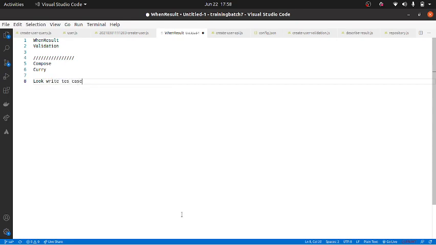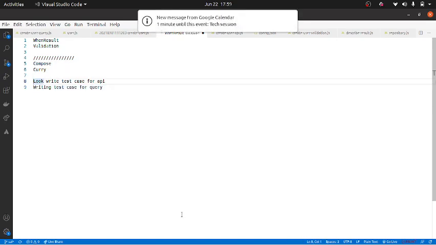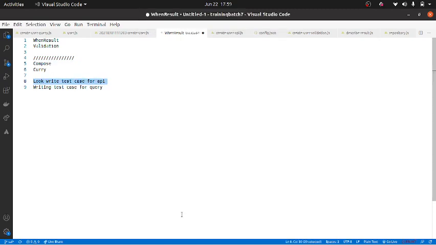After test cases for API, the final thing will be test cases for query. So this will end the thing. Compose and curry we will finish tomorrow, and tomorrow we will also try to write the API test cases, and the day after we will close with writing the query test cases.